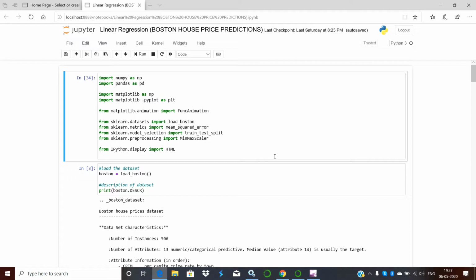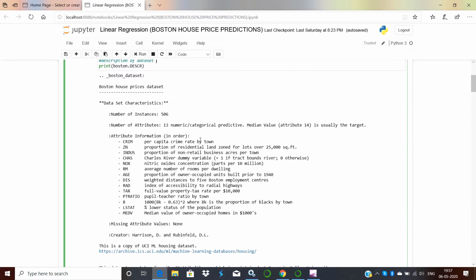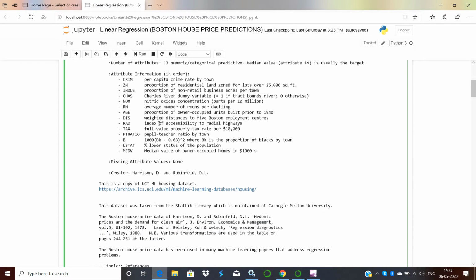Before we enter into the data pre-processing step, import all the library files like NumPy, Pandas, Matplotlib, Matplotlib PyPlot, and the sklearn library. Load the data set of the Boston house, and then print the description of the data set using print statements. There are 13 attributes that can be printed: CRIM, ZN, INDUS, CHAS, NOX, RM, and so on, and 506 samples.